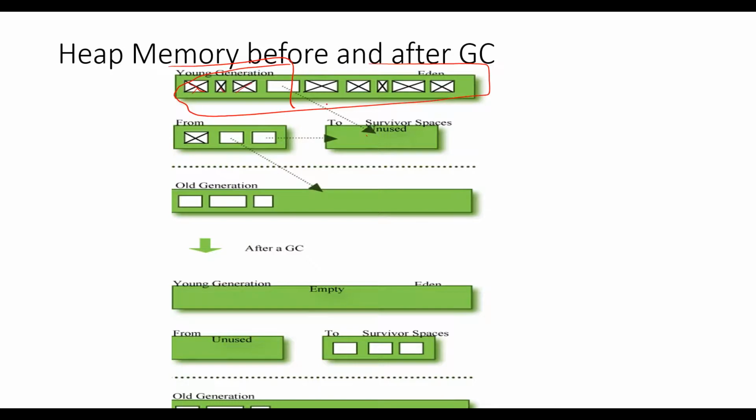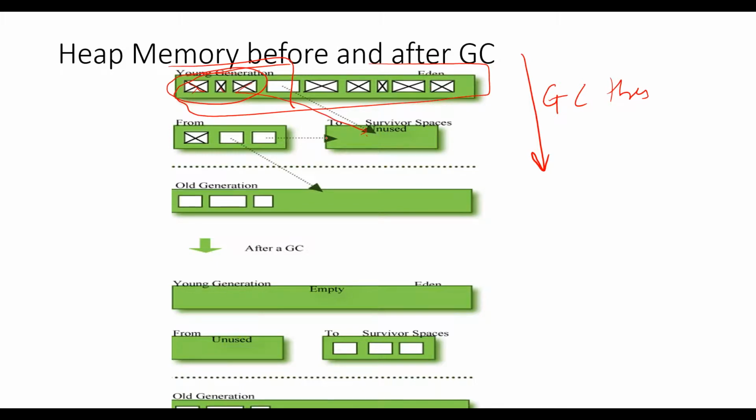So what will happen when a GC cycle arrives? When a GC starts, it will first mark the objects that have to be collected, so the objects which are unreachable, which are not referenced. These objects will be marked first. Then it will evaluate whether these objects have been residing in the young generation more than the threshold value that we have seen, right? 7 or 8. If yes, let's move them to the survivor space.